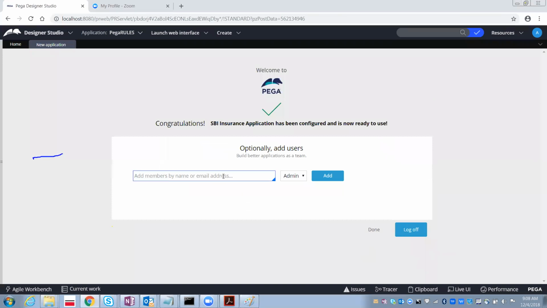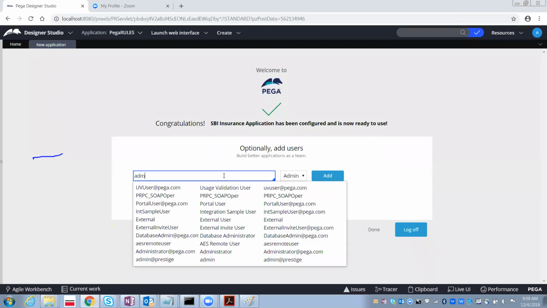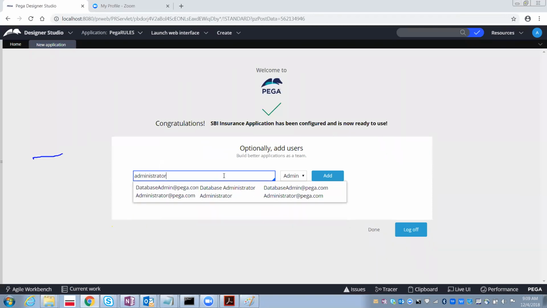After save you can create the application. It is asking what is the operator ID you wanted to give access to this one. Initially, while logging into Pega, we logged in as administrator at pega.com. So for logging into the SBI application, what should be the operator ID? You can give administrator at sbi.com.